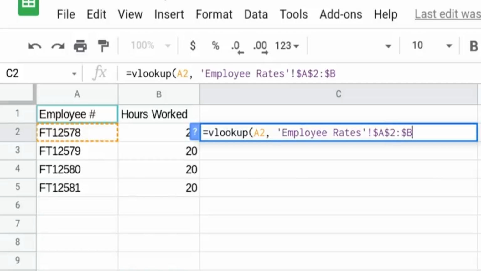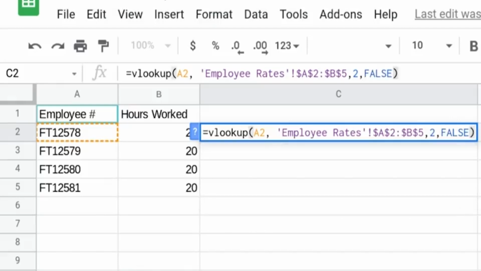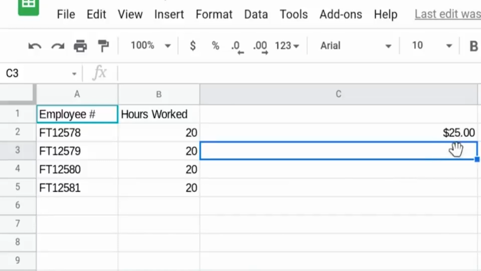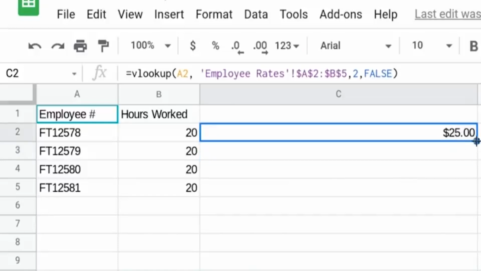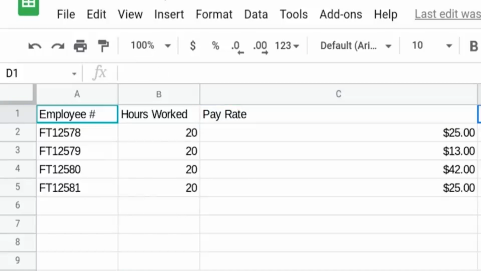As you saw in a previous video, we can also choose to add $ signs to lock the range with absolute cell references. This prevents them from changing when copying the formula to other cells. Add another comma, then a 2. The 2 indicates that we want to search for a match in the second column, column B, for rate of pay. Finally, one more comma, and we add false to look up an exact match. Drag the formula down the column, and now we can use a simple multiplication formula to calculate each person's paycheck by multiplying hours worked by our newly created pay rate column.